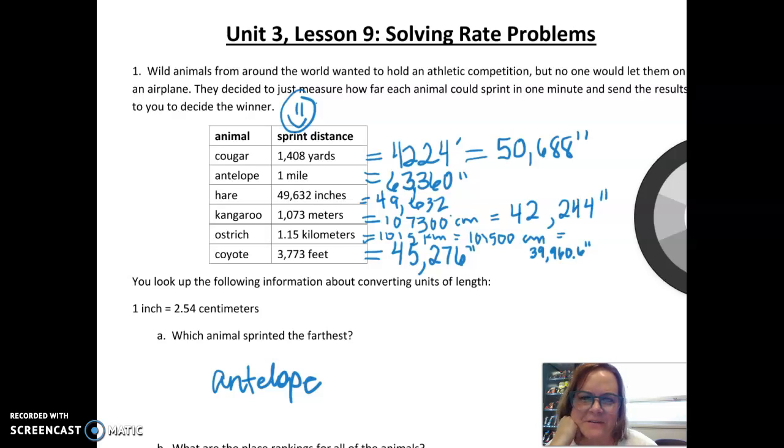Everybody, it's Miss Lorenz. I'm going to talk about Lesson 9, Solving Rate Problems. Boy, lots of conversions in this one, so make sure that you are ready to correct your work, and let's